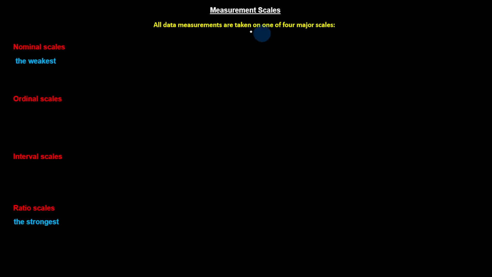Okay, now before we can choose the appropriate statistical method, we need to organize data. So we're going to look at the measurement scales or levels, and there are different levels of measurement. All data measurements are taken on one of four major scales. Here are the scales: nominal, ordinal, interval, and ratio. We're going to start with the one that offers us not much, and then move on to the strongest,